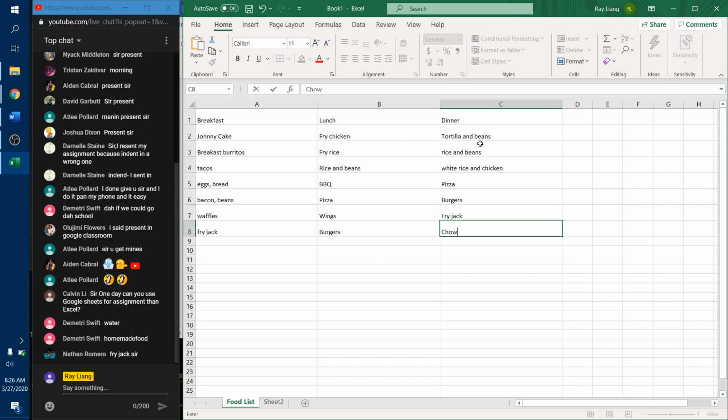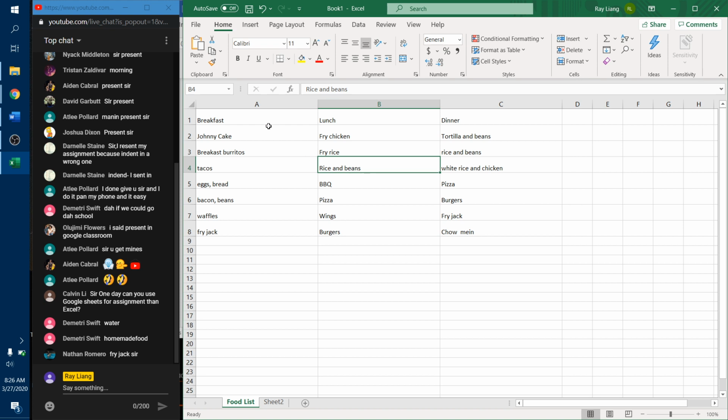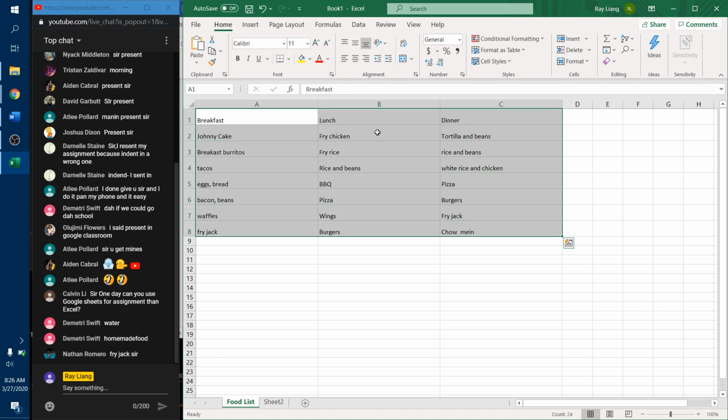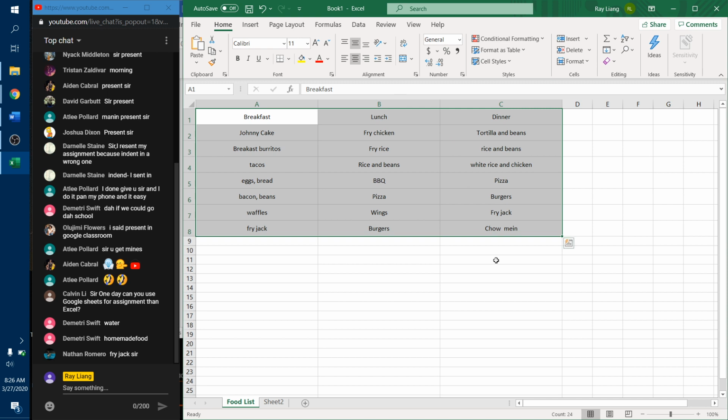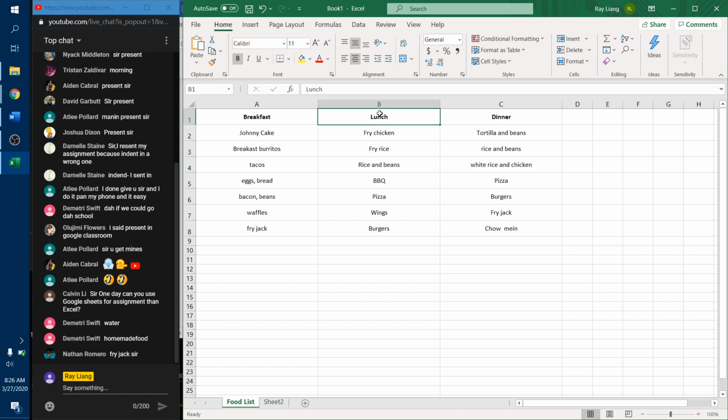Let's just put chow mein since we have a lot of items from Chinese restaurants, right? So this is just a basic list of foods that we eat at different times of the day. I'm gonna go ahead and center align everything as usual just so it looks nicer. I'm gonna go ahead and put bold settings for this first row here, because these are not the items, but